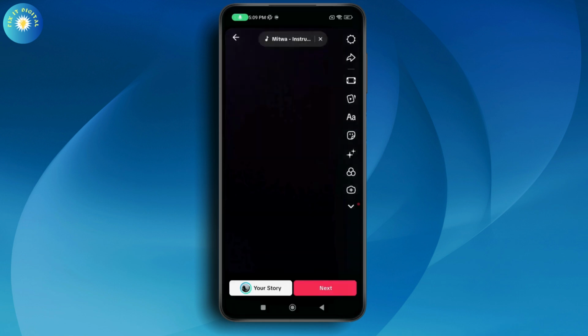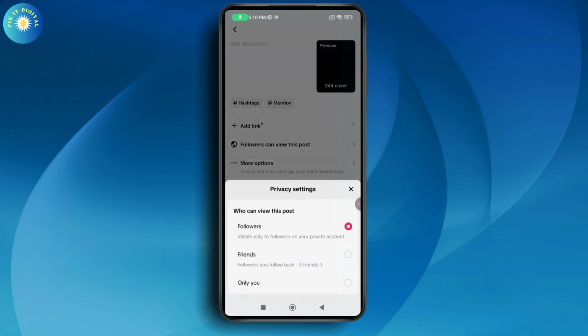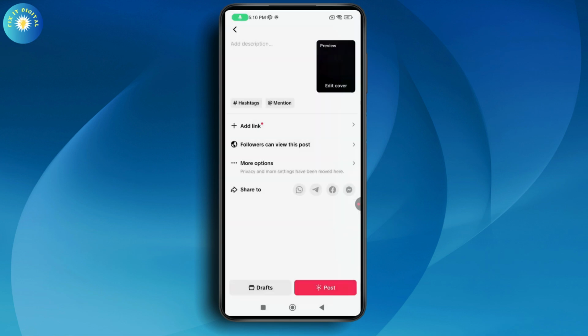After that, go with next which is on the bottom right. And once you're done, tap on the option which says followers can view this post. You need to go with everyone. Make sure that it says everyone can view this post, and make sure that your account is a public account, not a private account. And you can also add a catchy description for this video and also use friendly hashtags